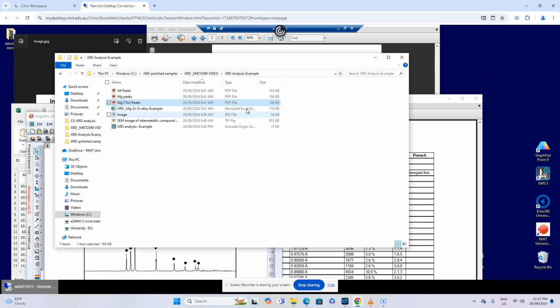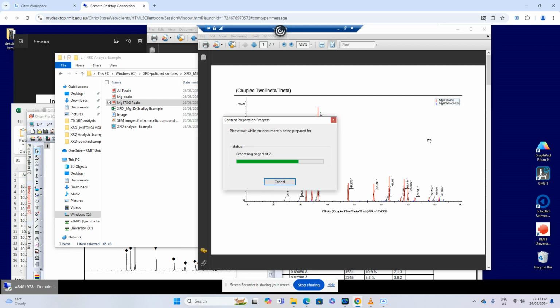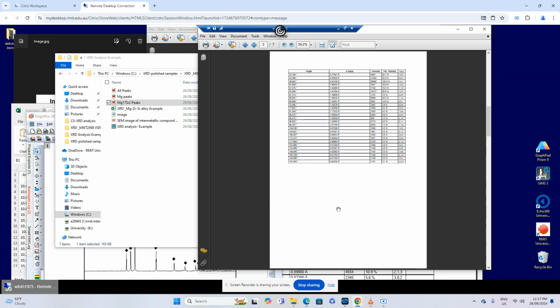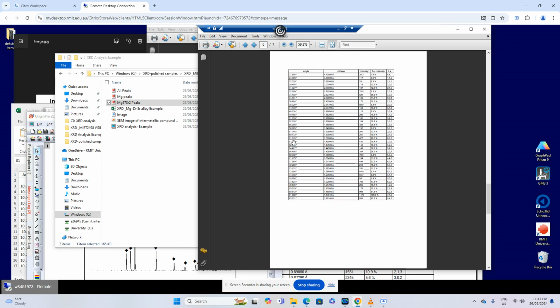I will open this one. All right, so we can see that it is in blue, this magnesium 17 strontium 2 phase. So I will go to my blue icons like this one, and here I can see that at 24 degrees it has a d-spacing of